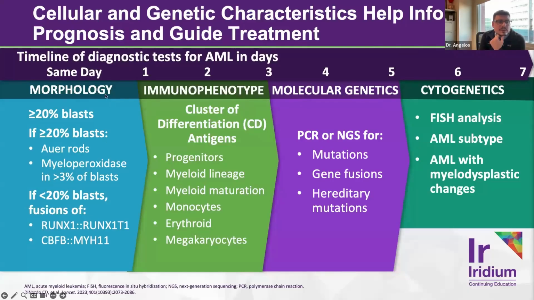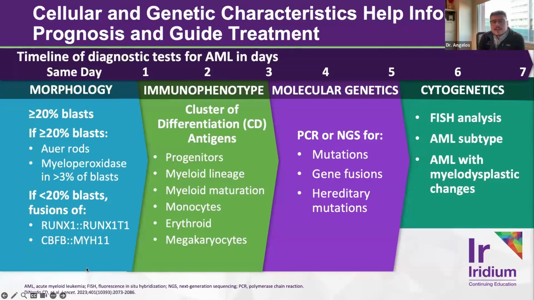So of course, all patients really do need to have a bone marrow assessment. This includes a bone marrow core biopsy, as well as an aspirate if this is able to be obtained. A diagnosis of AML, of course, is made when there's greater than 20% myeloblasts present, or it could be made when there's less than 20% in the presence of an AML-defining mutation, mutations like core binding factor or NPM1.